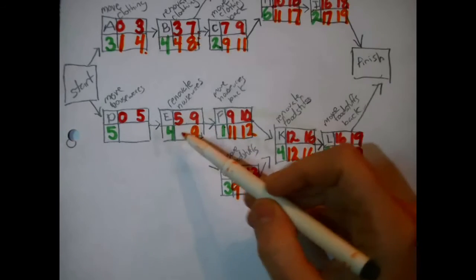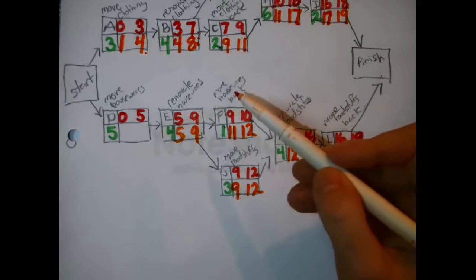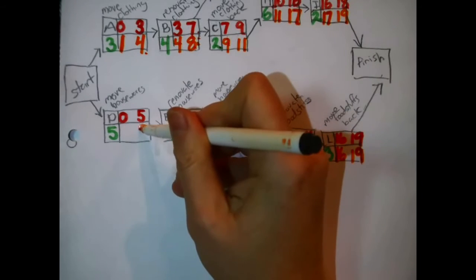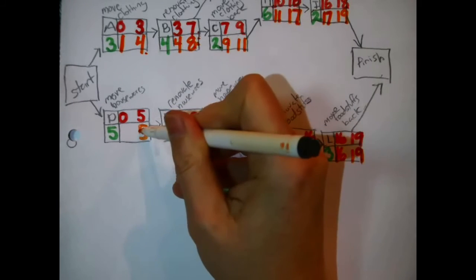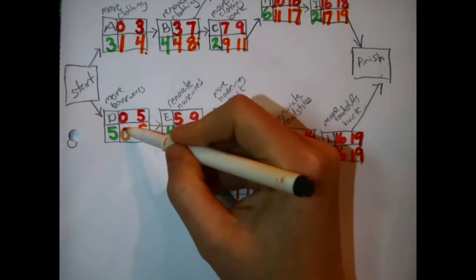9 minus 4 means that at the latest, E has to start in 5 days. And E can't start until D finishes, so you can just pass that number back. D's going to have to finish at the latest in 5 days. And 5 minus 5 means the late start time for task D is